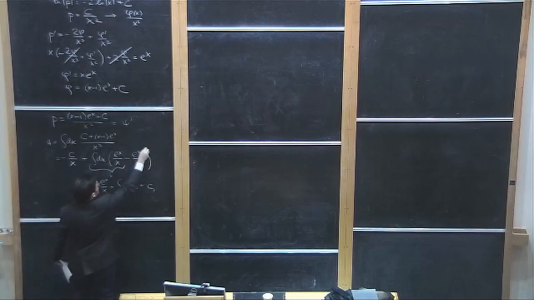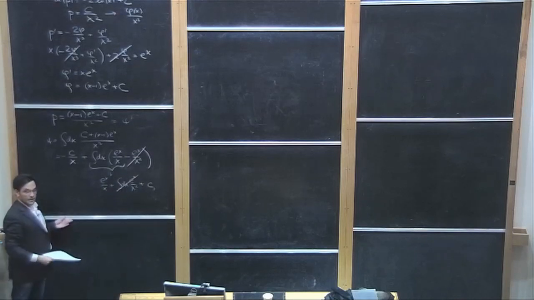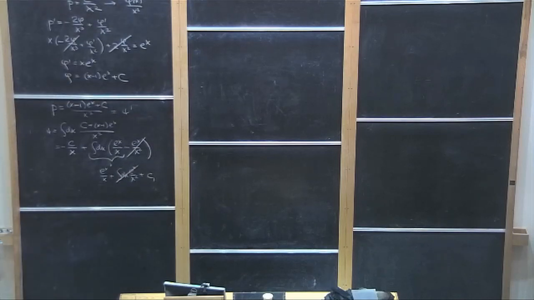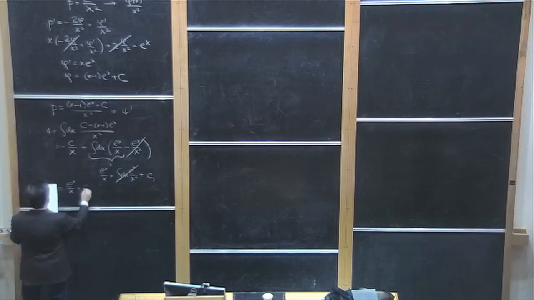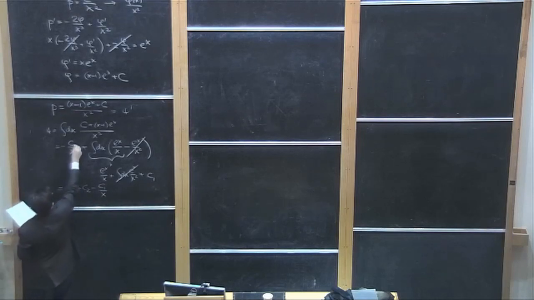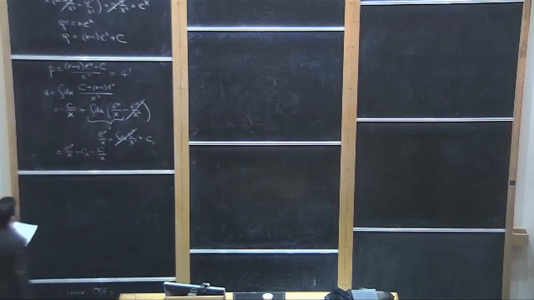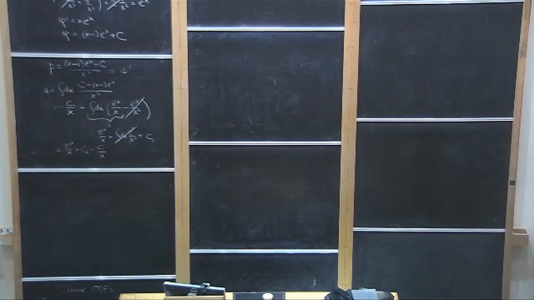And that cancels with this, and yet again we see that our examiner has arranged for us to be able to solve the problem. So the answer, therefore, is e to the x over x plus c2 minus c1 over x. I called this constant c2 too, for uniformity. And finally, remember that our solution is psi times that solution that that gentleman guessed,